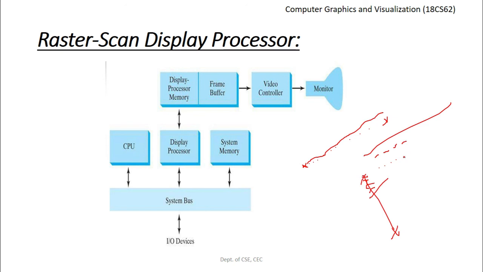There are two types of encoding. First, we have run length encoding. The first number in each pair can be a reference to a color value, and the second number can specify the number of adjacent pixels on the scan line that are to be displayed in that particular color. This is called run length encoding. The second type of encoding we have is cell encoding. In this approach, we encode the raster as a set of rectangular areas, or in the form of cells. These two encoding techniques can be used to minimize the memory requirements of a display processor.